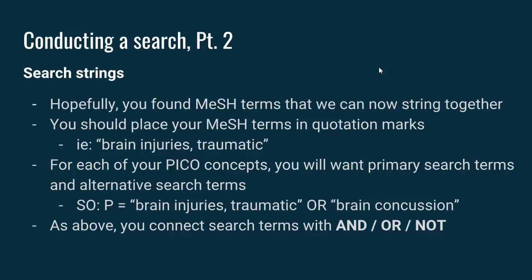So for each of your PICO concepts, you will want primary search terms and alternative search terms. We have to get beyond brain injuries, traumatic, and we might even add something like brain concussion. That could be another way for me to build out that search query that I wasn't finding information for earlier. That's better than changing my entire PICO question just because I'm not finding anything. And as above, you connect search terms with and, or, and not. We'll go through these in class. You'll also see information about them on the EBP step